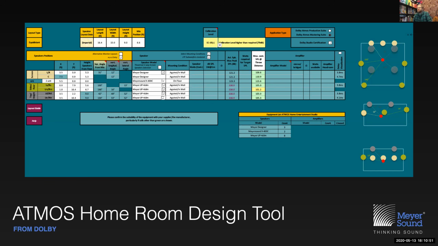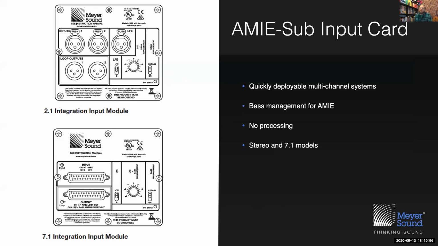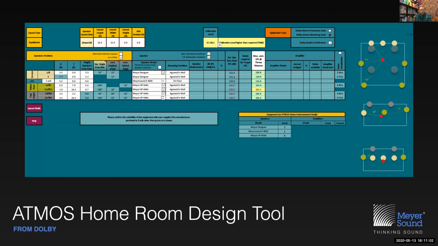Oopsie. Anyway, at the top, you'll see you can enter the dimensions of a room. And through the dimensions of the room, the calculator determines where the critical listening spot is, which you can also define with that mix position field. And then it's triangulating the distance from where Dolby recommends all these loudspeakers be placed, which is on the right, and the resulting SPL from that distance to determine whether it will be a pass-fail of the SPL targets that